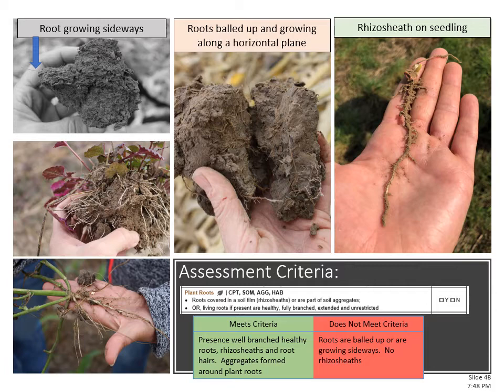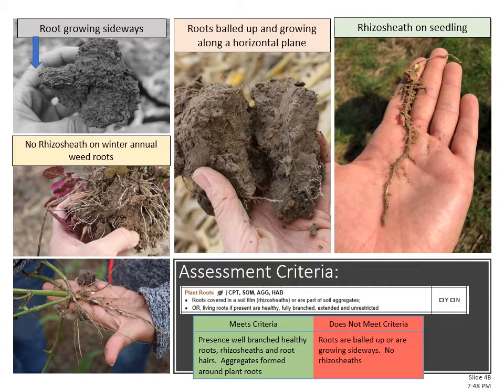All right, so then on the next row here, we're looking at this winter annual weed that's growing, and what I want to point out here is we see a lot of plant roots, right? But what we don't see is a rhizosheath on those plant roots. The thing that you want to think about when you're evaluating plant roots is that a lot of our broadleaf weeds don't exude a lot of carbon. They don't create a rhizosheath. Those things aren't happening, and so their influence on building aggregates and activating soil biology